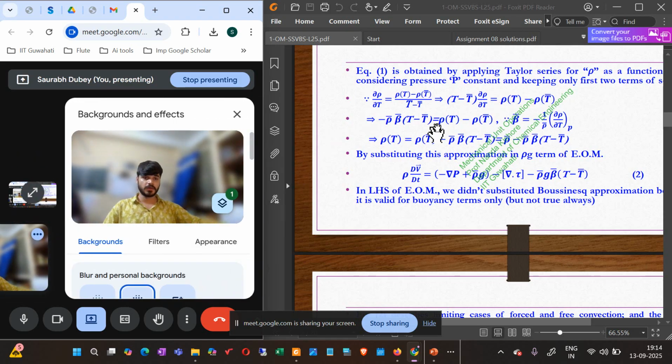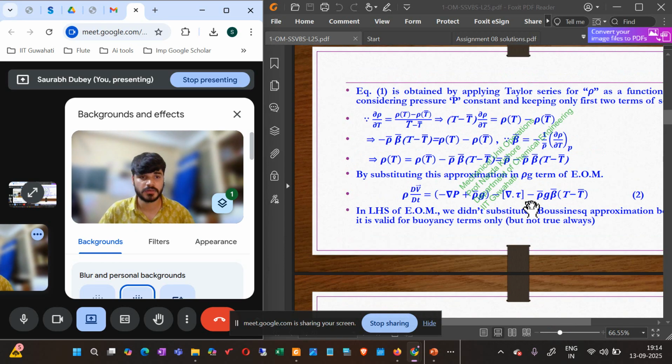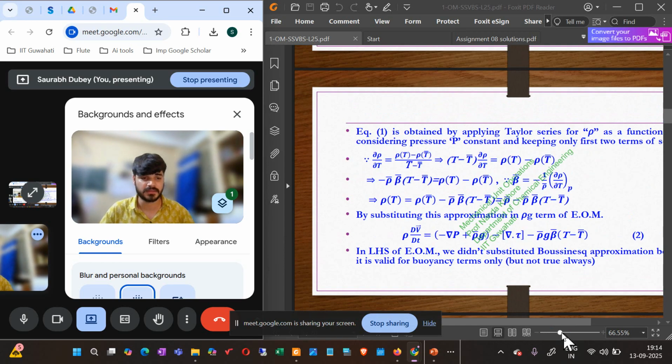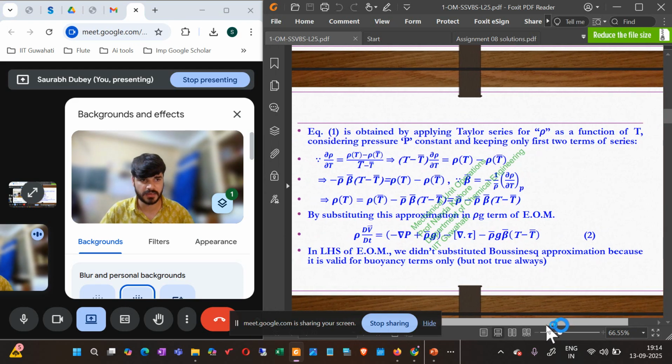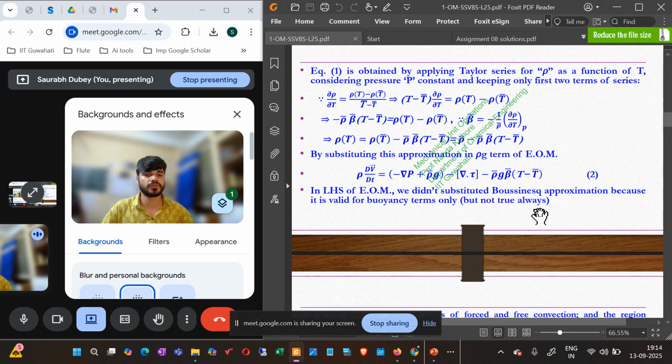Okay, so now you have seen this. The left hand side here, of the equation of motion, we didn't substitute Boussinesq's approximation, because it is valid for the buoyancy term only, but not true always. Okay, so for the time being, in the case of natural convection